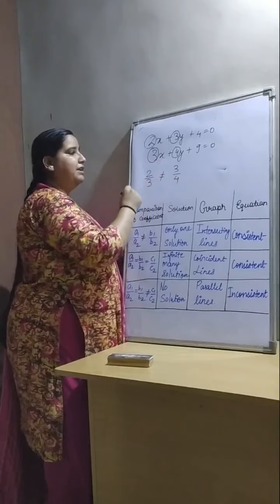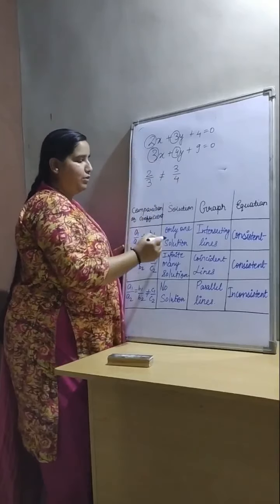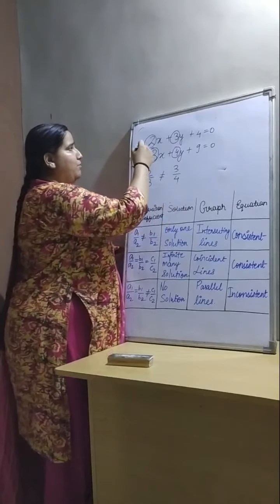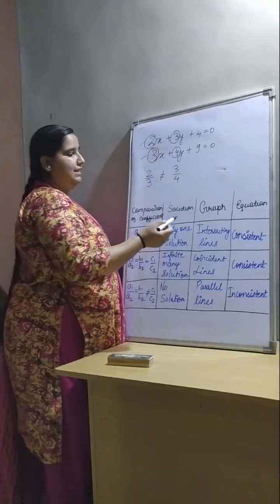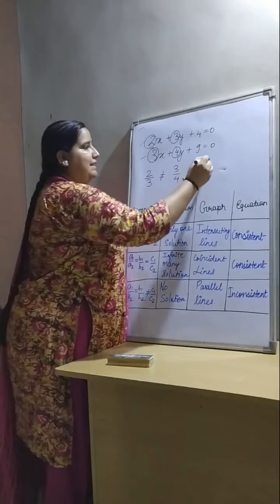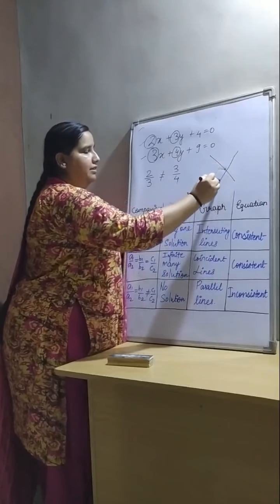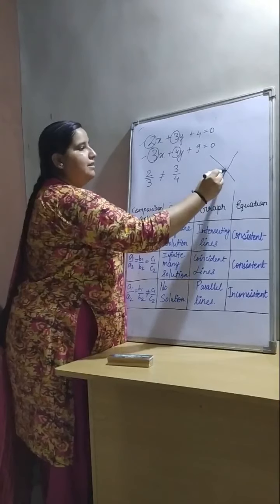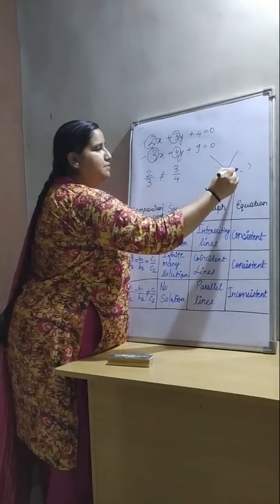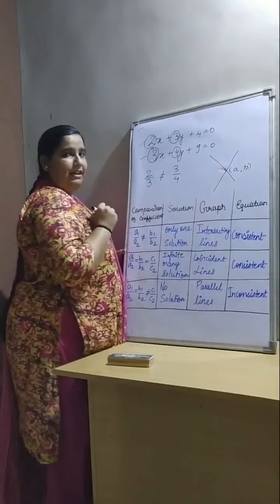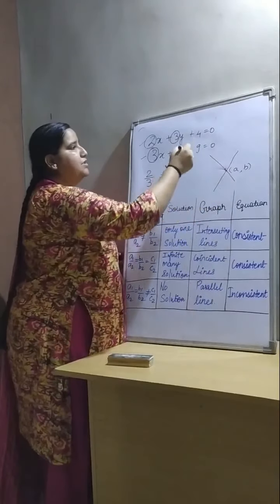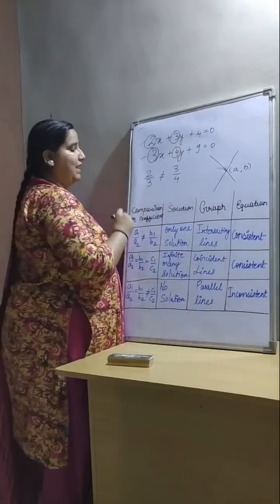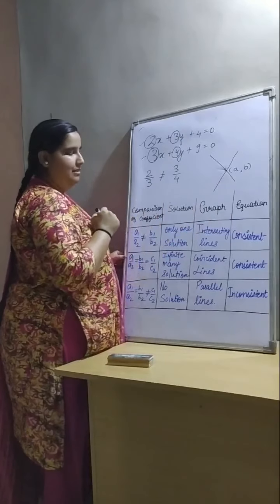From this condition, we can say that these two equations will have only one solution. When we plot these two equations on the graph paper, the graph will have intersecting lines. Only one point is there where these two lines meet. This is called the intersecting point, and suppose its coordinates are a and b, then the coordinates a and b are the solution of these two equations. That means these two equations will have only one solution. The equation is known as a consistent equation.